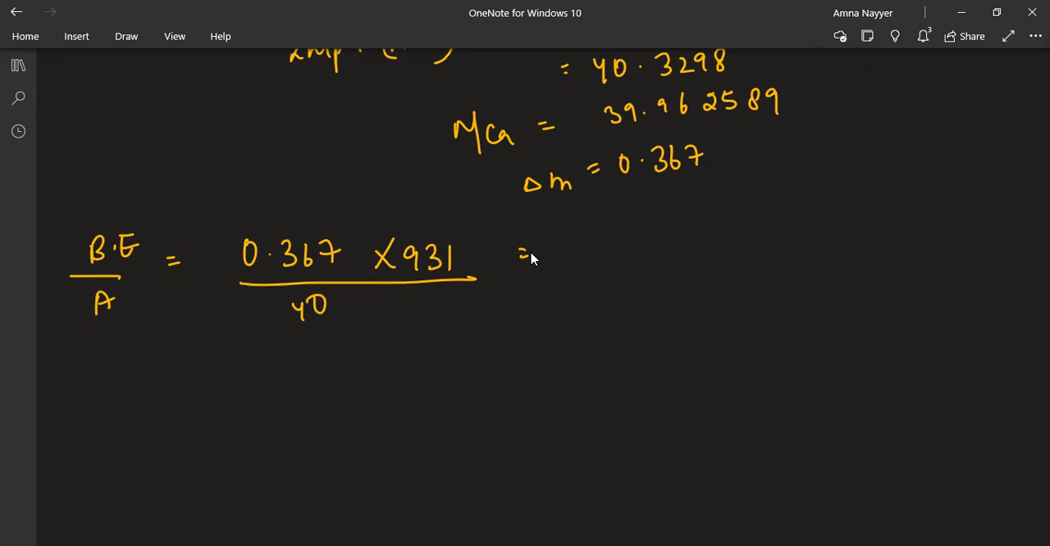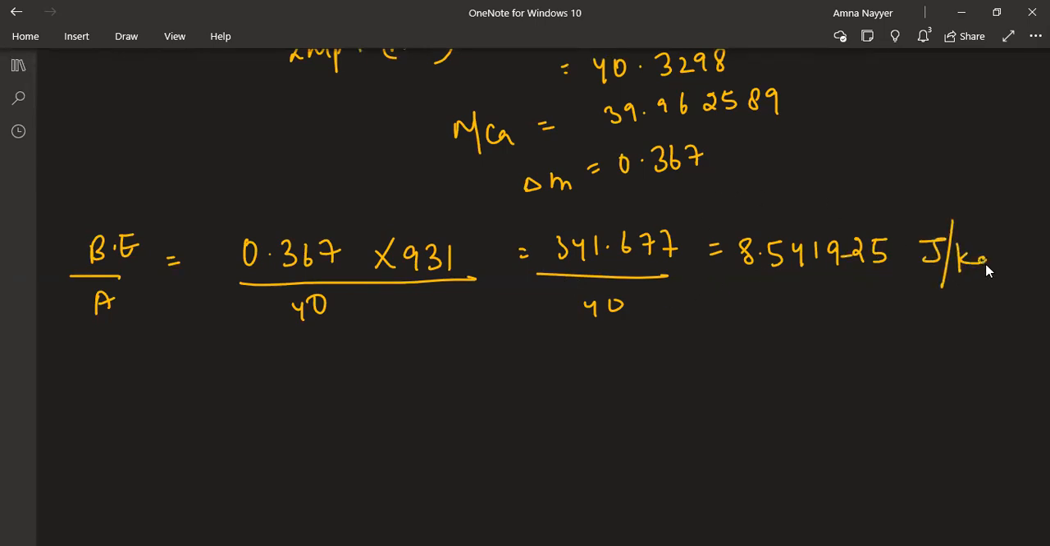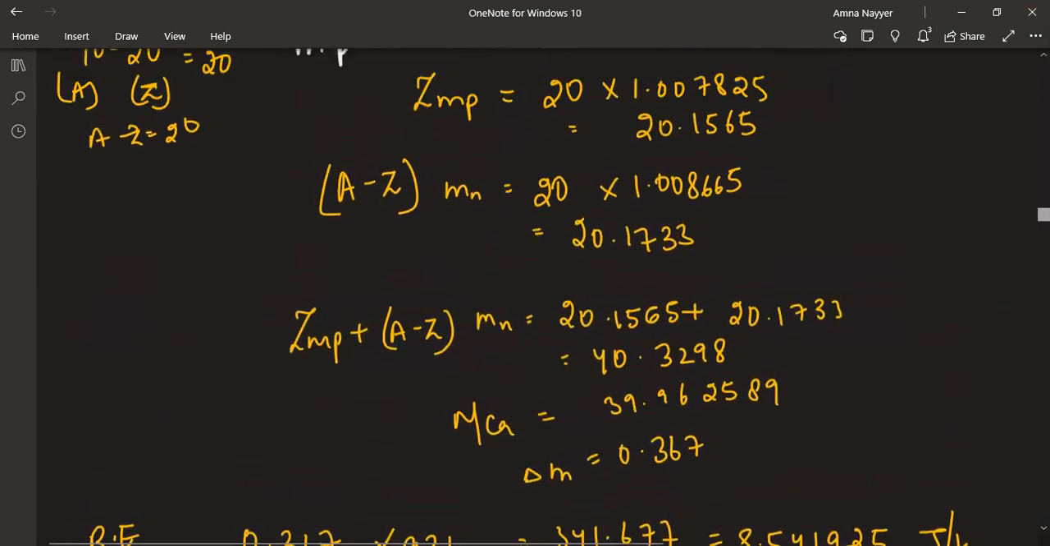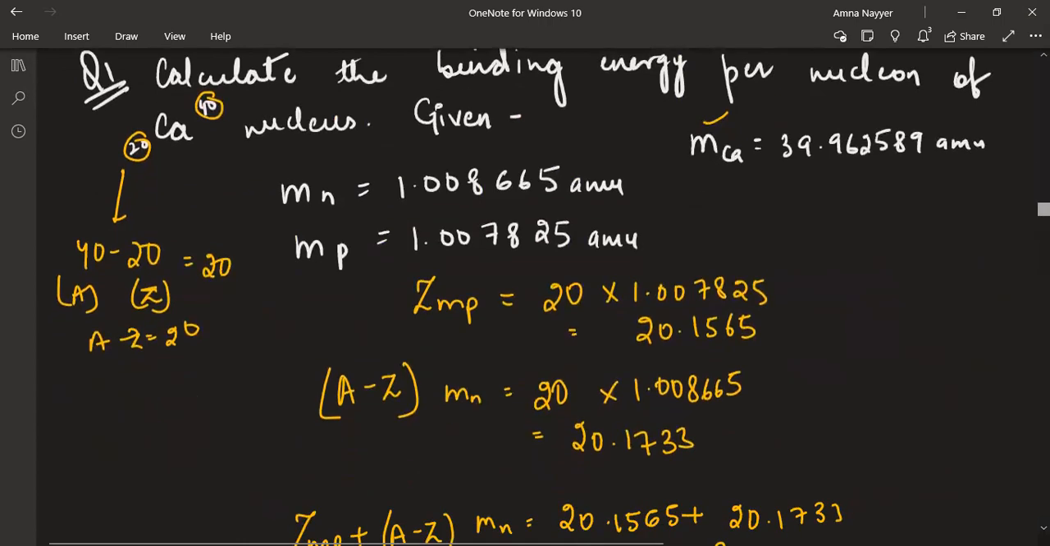So 0.367, into we have 931, no? So that will be 341.677. When you divide this term by 40, you get 8.54. So all these calculations you have to do by yourself. Around this much will be your answer. Binding energy, that is joules per kg. This is your answer. And all the questions are exactly like this, ditto